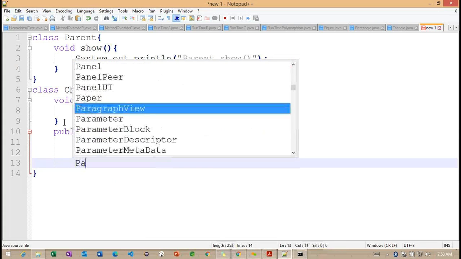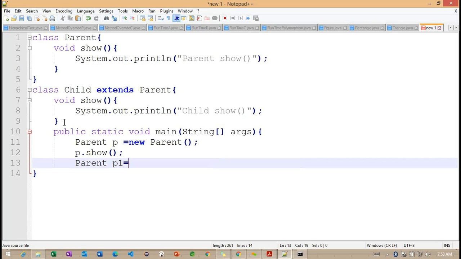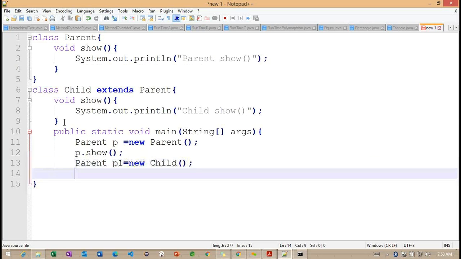So which method will be called? And parent P1 is equal to new child, and P1 dot show. So here I'm calling two methods. First one, which method is going to be called, and what about the second one? Yeah, P dot show is the parent method and P1 dot show is the child method.